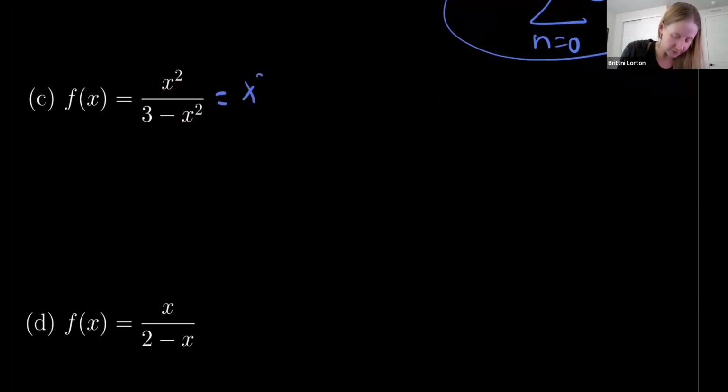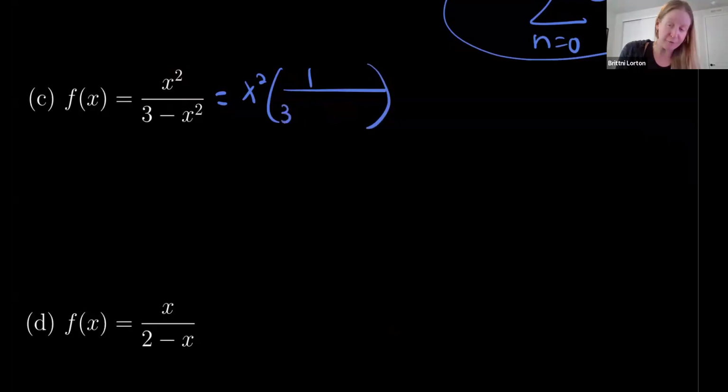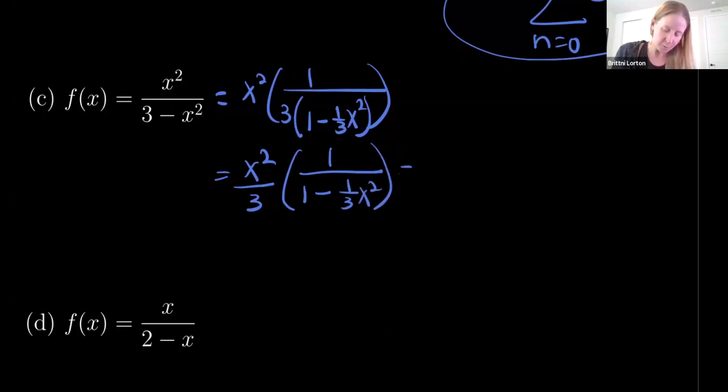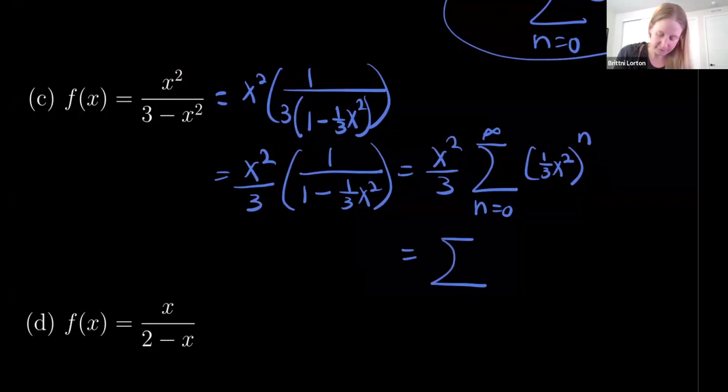So this is going to look like an x squared times the 1 over 3 minus x squared. But if you looked at your geometric series, I needed that to be a 1 minus. So I'm going to factor out the 3 on the bottom. And remember, factoring is a fancy word for divide. So I have x squared over 3 times 1 over 1 minus 1/3 x squared, which now looks like the geometric series, which is the sum from n equals 0 to infinity of, instead of an x to the n, I have a 1/3 x squared, which you could simplify to be the sum from